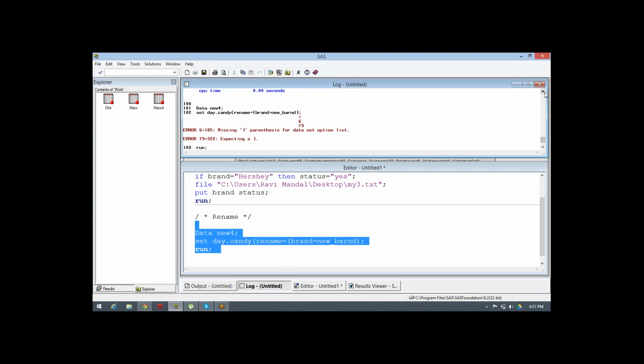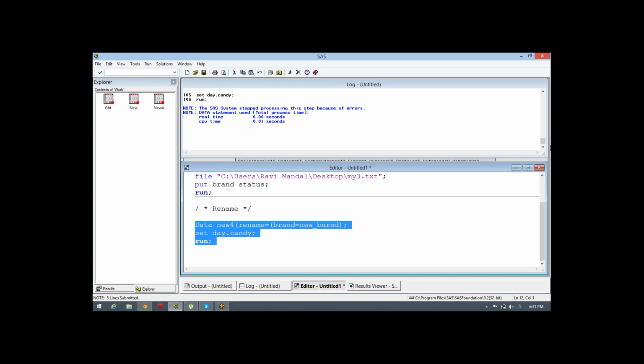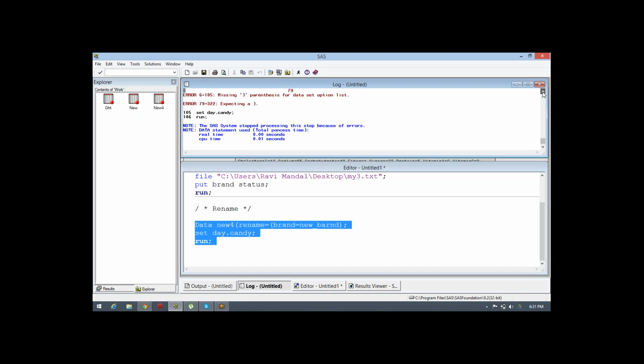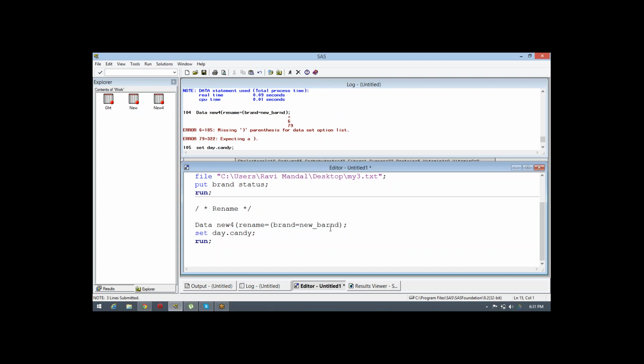Maybe one parenthesis is missing, I guess.